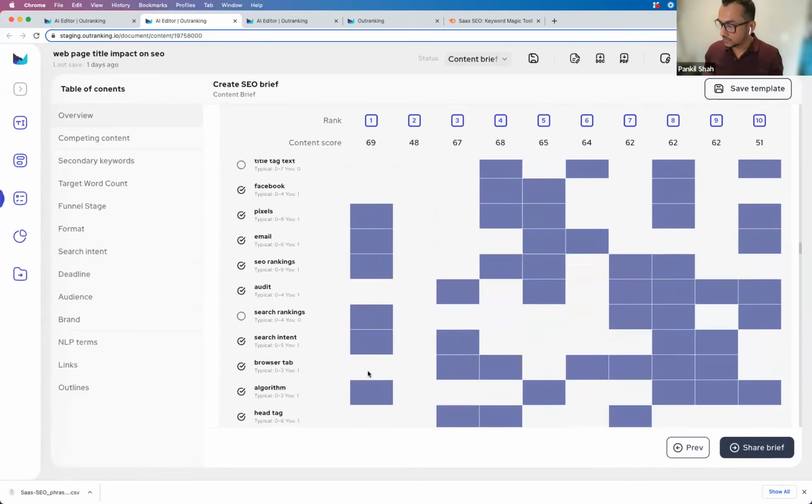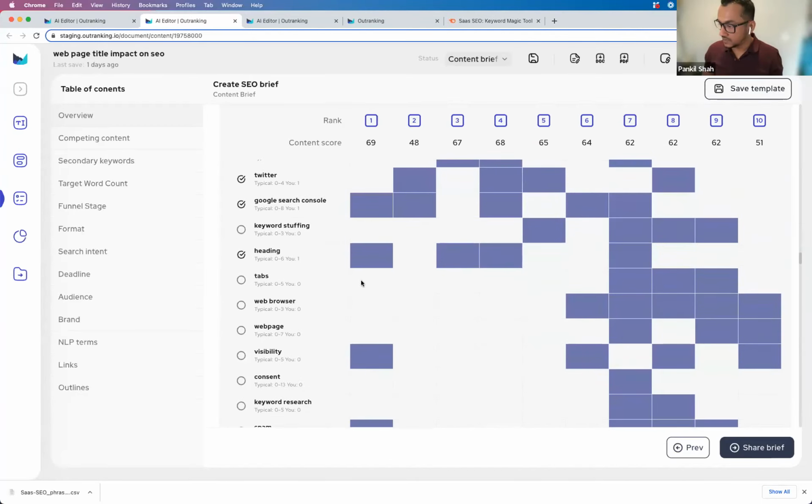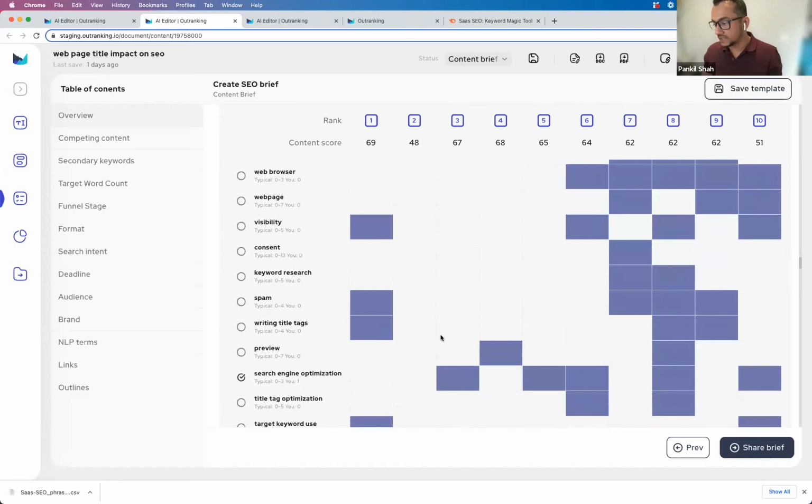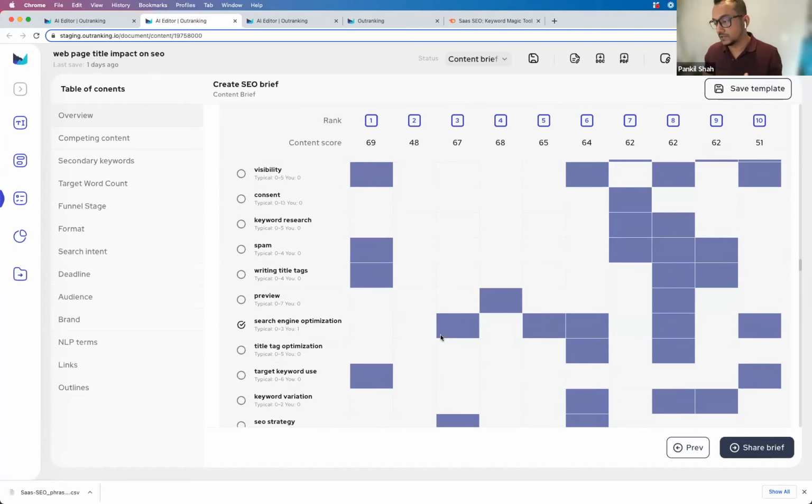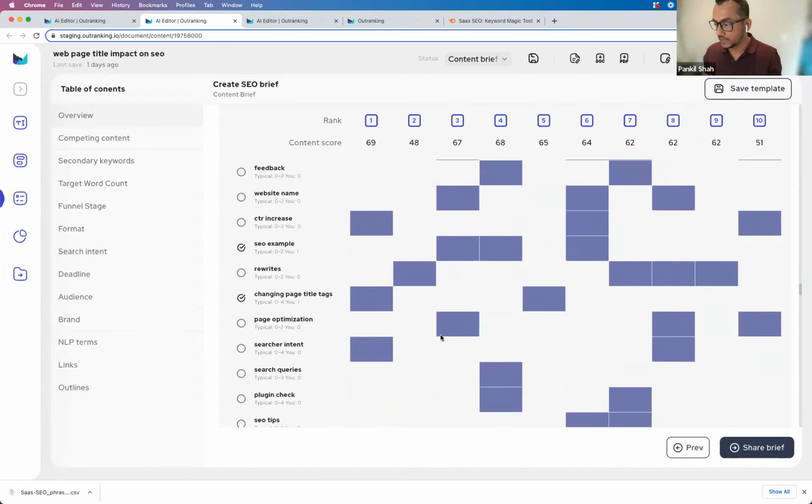So let's go down here, and you look at, say, tabs, right? Lots of people have included tabs, but do I want to include tabs as part of my strategy? Maybe not, right? It doesn't really matter what that means over here. So based on these selections, based on this visualization, I can make granular selections and brief my writers.